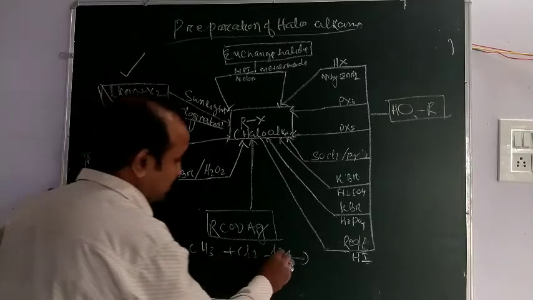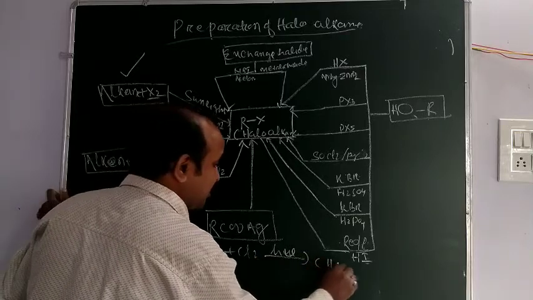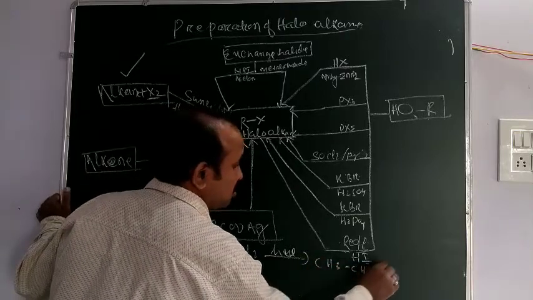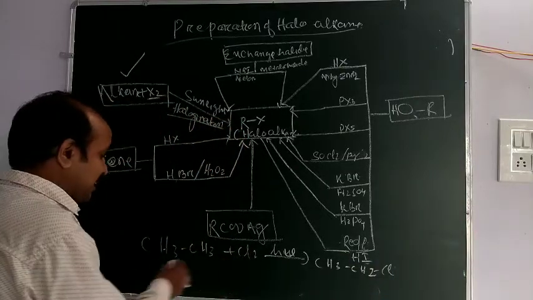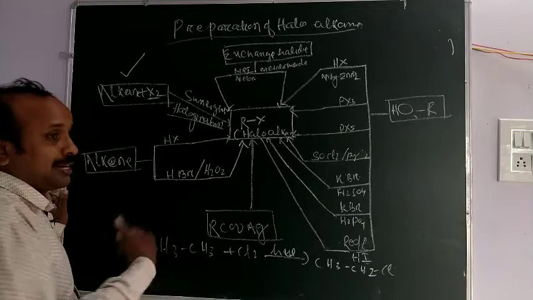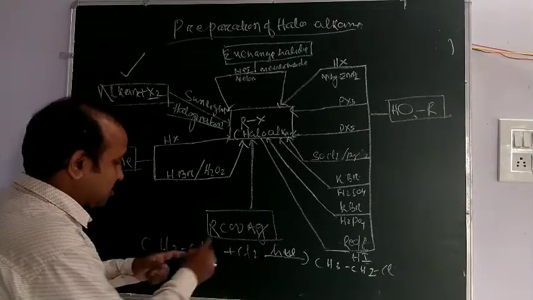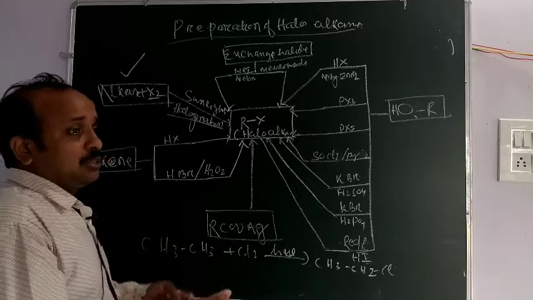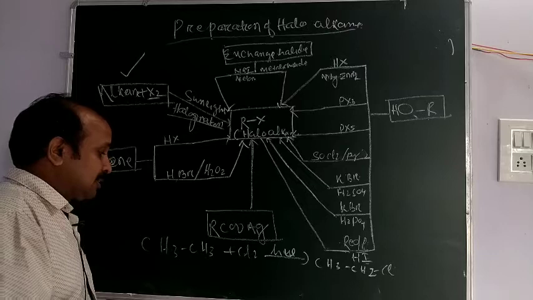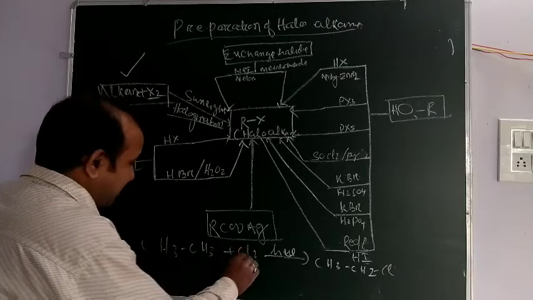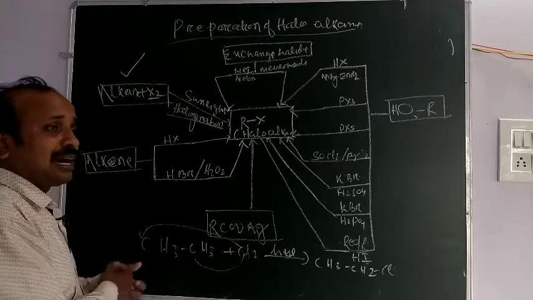Okay, hν, then CH3Cl. But in case of more than 2 carbons, then you can write the isomeric product. One halogen is attached in place of a hydrogen atom, then the question arises, which carbon atom loses the hydrogen and accepts the halogen. Okay, so it can replace at any carbon atom.